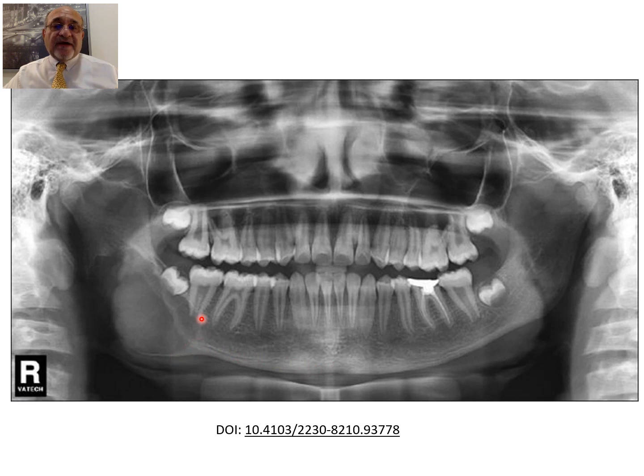The well demarcated expansile lesion is affecting the angle of the mandible, extending anteriorly to the medial root of the 7, and it goes up. It has caused the superior movement of the lower 8, and you can see that it is extending up to the middle of the ramus, and then over here, there is some expansion. So this is what is known as the